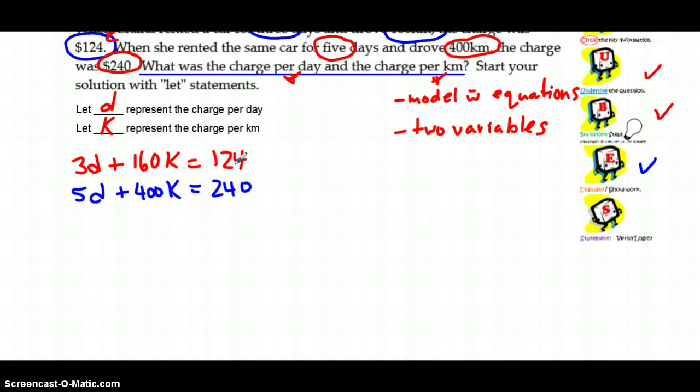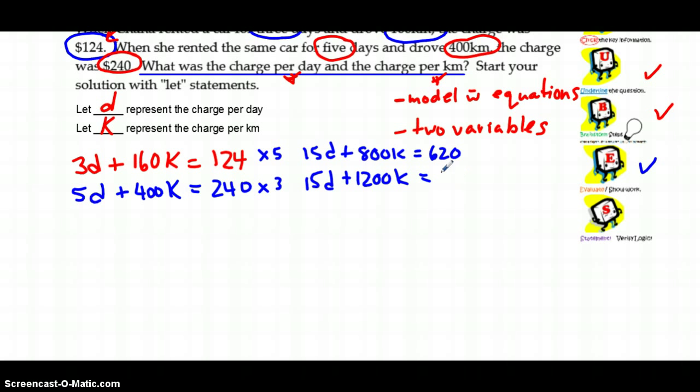So I am going to multiply both equations by the coefficient out front. So multiply the top one by 5, multiply the bottom one by 3. So I've got 15D plus 5 times 160, so 800K equals, that's 620 there. Bottom row multiplying by 3, 15D plus